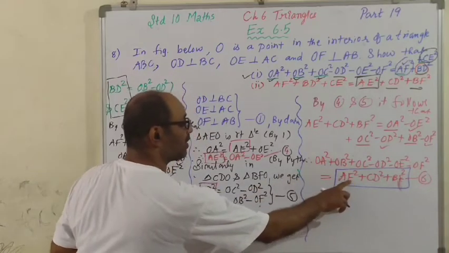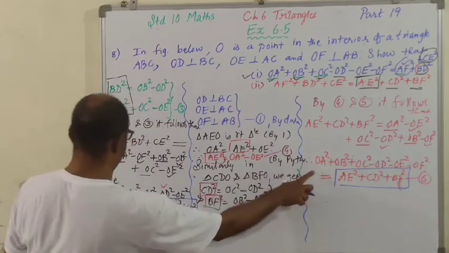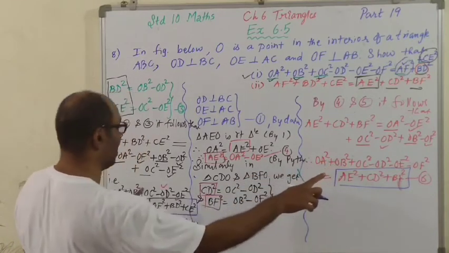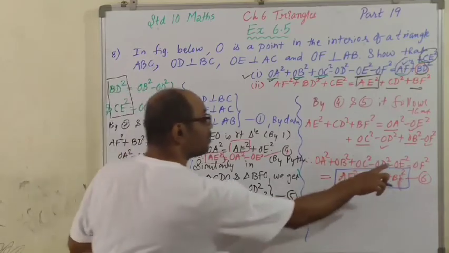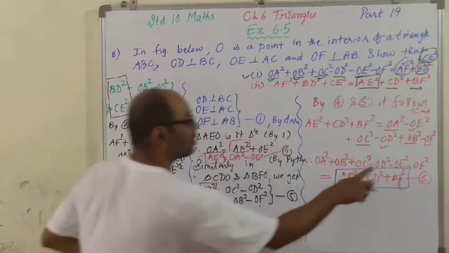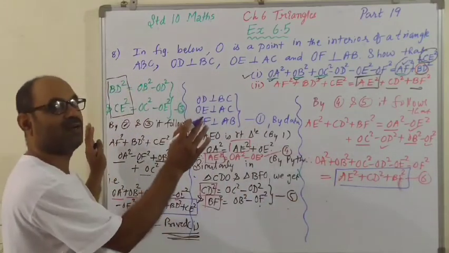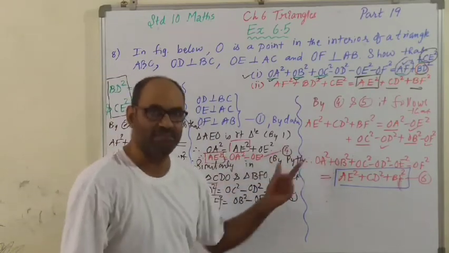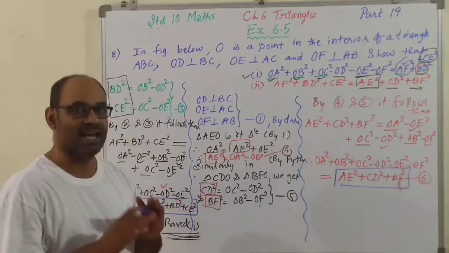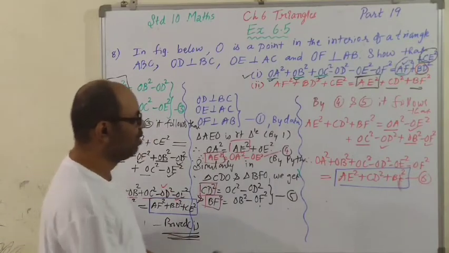Both blue boxes are equal to the same thing: OA square plus OB square plus OC square minus OD square minus OE square and minus OF square. Left hand sides are the same thing, and two blue boxes are equal to the same thing. So blue boxes are equal. So by proved 1